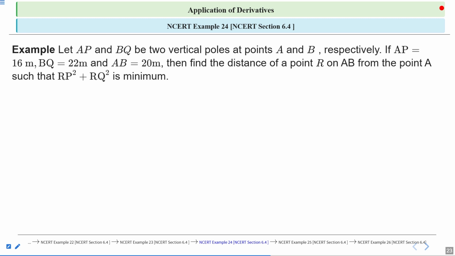So first we'll form the function by using the given information, and after that we'll differentiate to find the critical value, and at each critical value we can find the double derivative, and we will see at which point f double dash x is greater than 0 for the minimum value. So in this way you can try to attempt this question. You can think about this question. After that we will discuss the solution part.